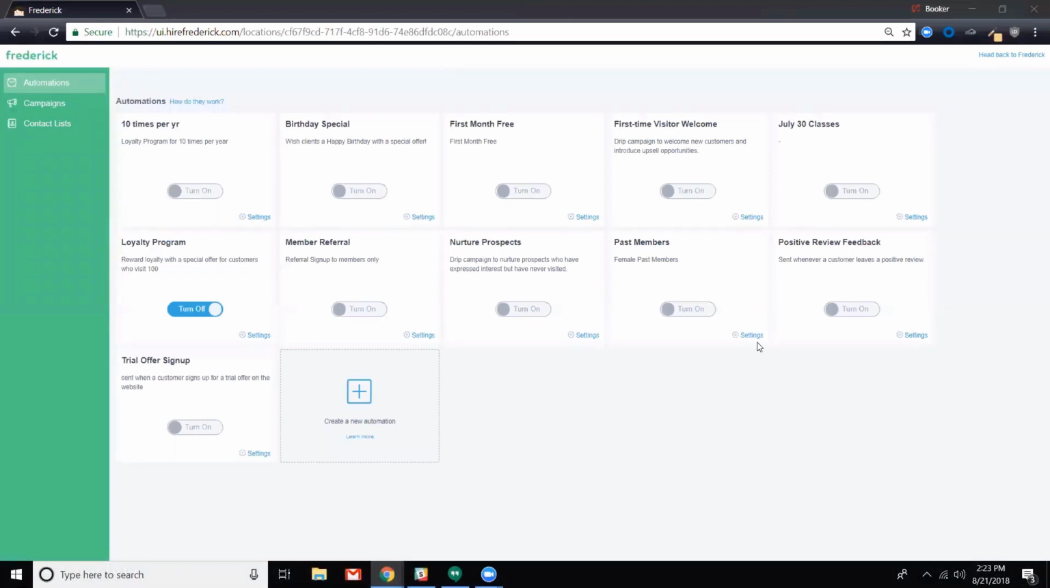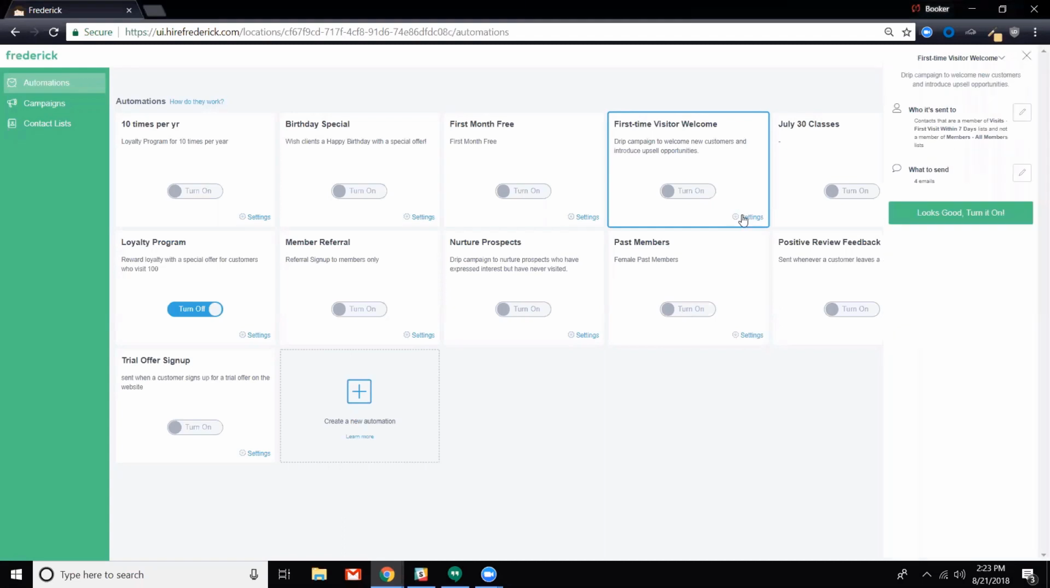In this how-to video, we're going to learn how to use the first-time visitor welcome automation in combination with our smart list. The goal of this is usually to have some sort of upsell campaign after someone visits your studio for the first time. So basically, when you go to automations, you'll see this here, and you can click on